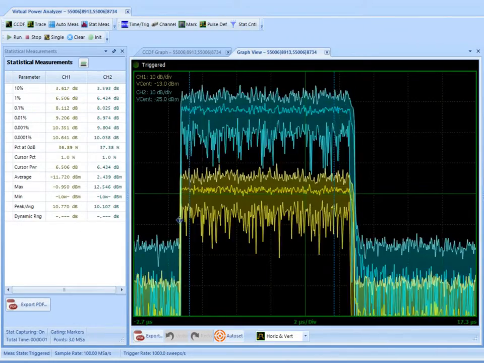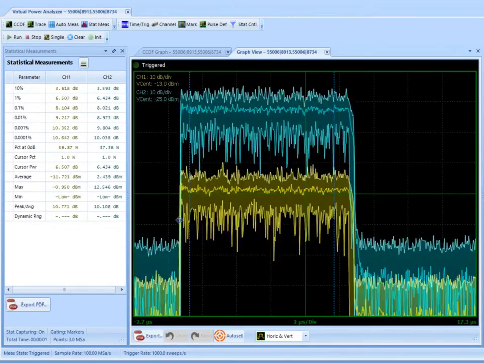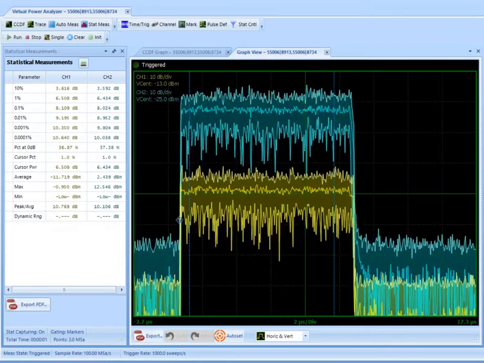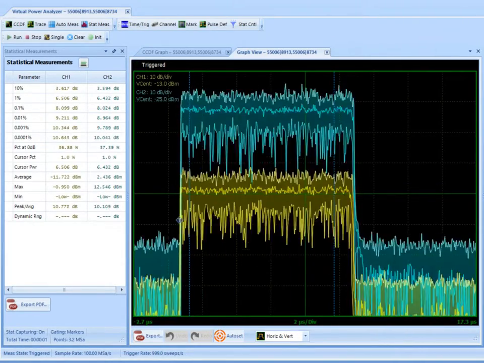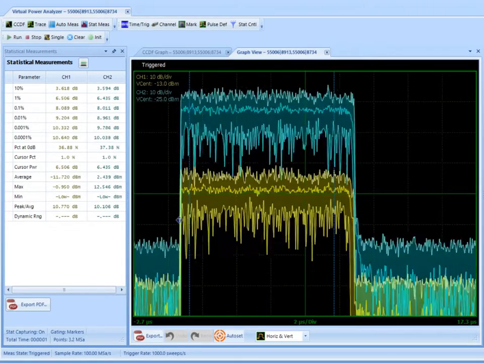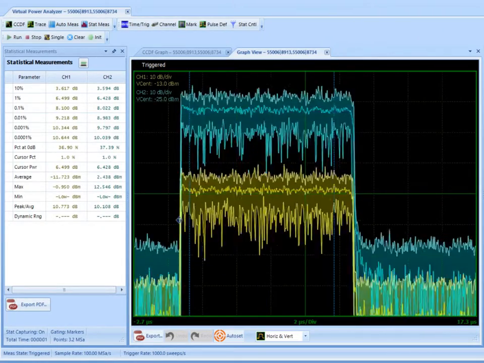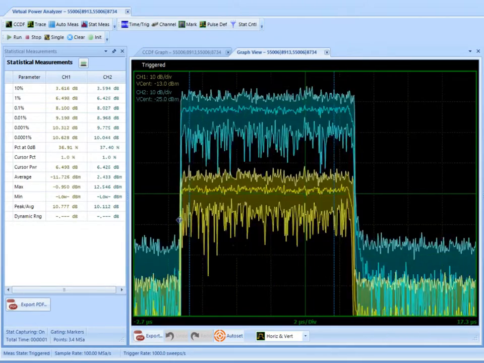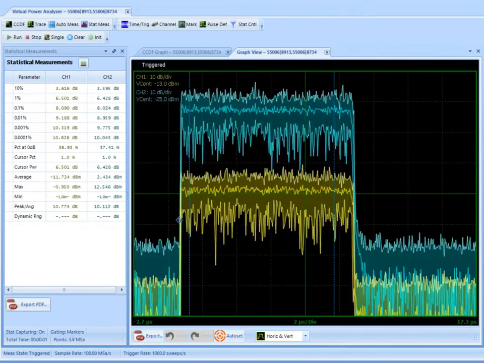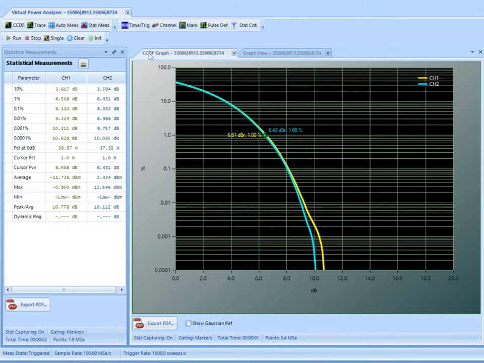But what's going on, since we have noise being injected onto this signal, is that we're actually looking at OFDM modulation that is being used in LTE and Wi-Fi communication devices. So as we're looking at gain in an amplifier, we're going to actually see compression techniques taking place. If we switch to CCDF, complementary cumulative distribution function, in statistical mode, we can